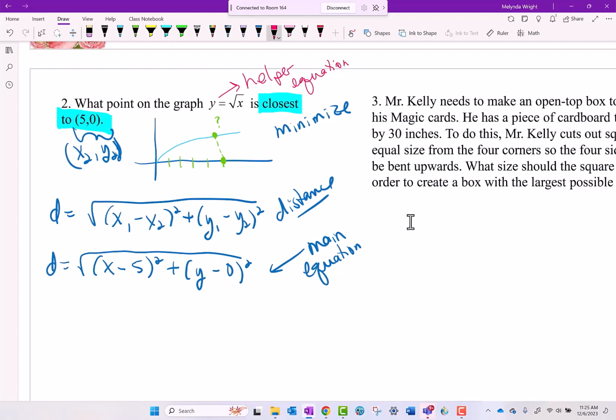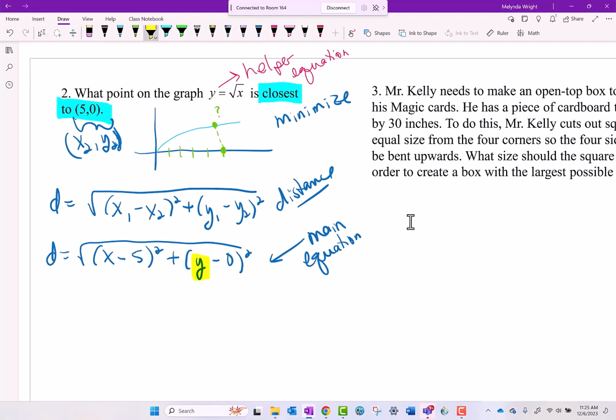So how am I going to use my helper equation? I'm going to replace either the x or the y in my distance equation. What would be the easiest one to replace? It's already solved for y, so wouldn't that be the easier one to replace? You can choose whichever one you want, but I'm going to make it easy on myself. I'm going to replace